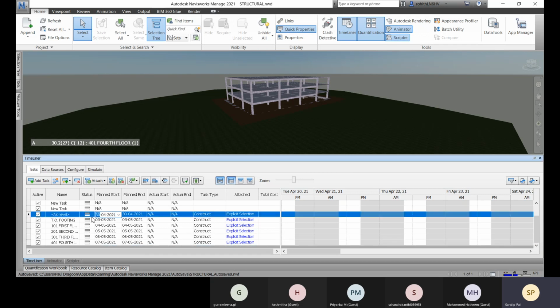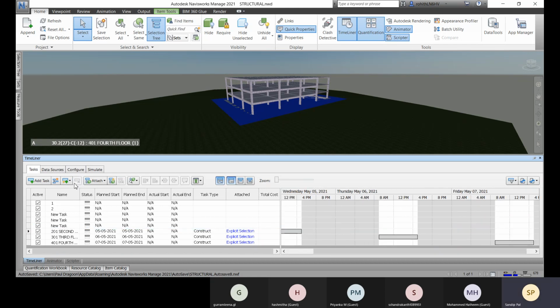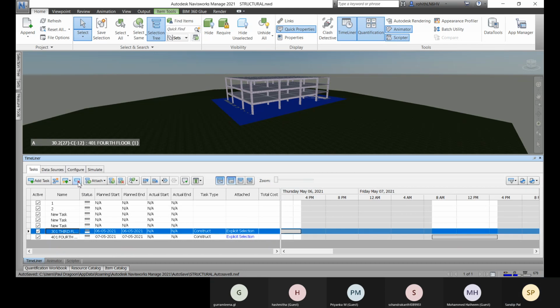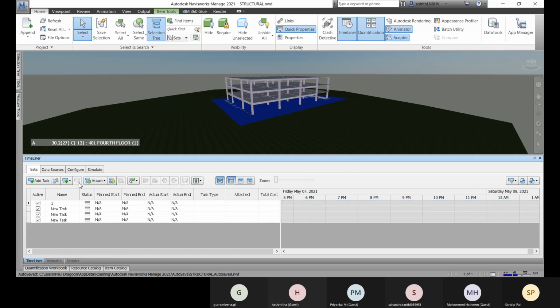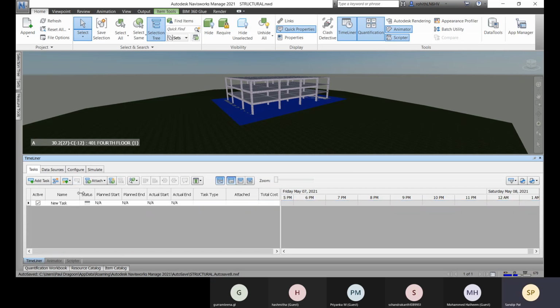So like for this no level, let me select. So here it will be demolished, right? I will be excavating this one. So now let me delete all this. I don't need it. I will show you how to manually add task. And we have some attach option. Like after creating our task, we have to attach our models to that task, so that task is particularly assigned to that model.